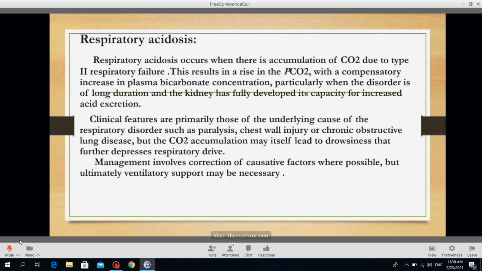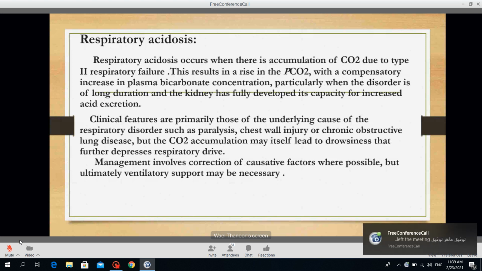This results in rise of PCO2 with a compensatory increase in plasma bicarbonate concentration, خاصة إذا الكدني كانت normal ممكن preservation of more bicarbonate, particularly when the disease is not of long duration and the kidney is fully developed, the capacity to form increased acid excretion. فالكدني تحاول تعوض هذا CO2 retention بالtype 2 respiratory failure عن طريق conserving more bicarbonate and excretion of more hydrogen